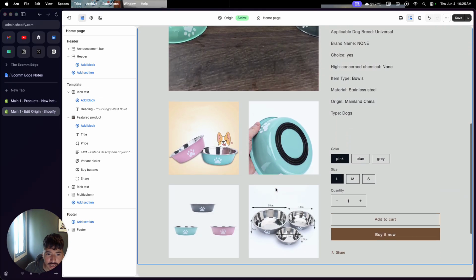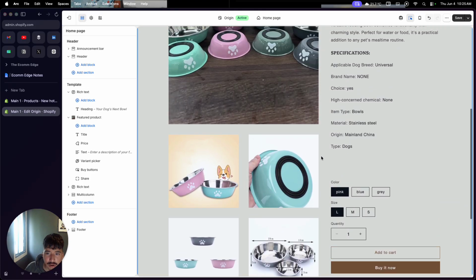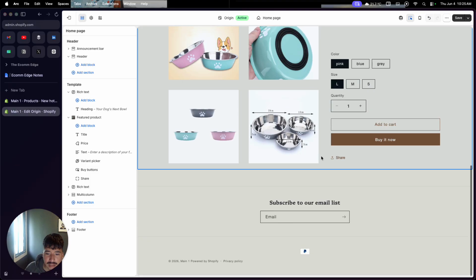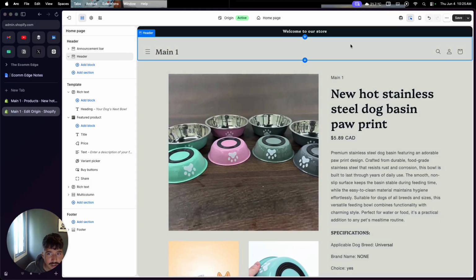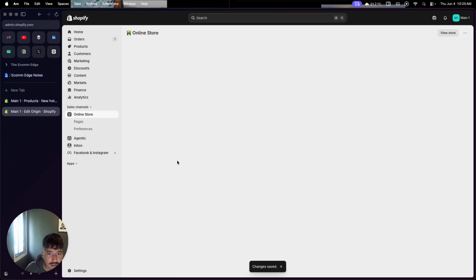So here's where you see all the images, right? And a lot more information about the product. And that's it. Very simple. You don't need to go too crazy when you're first starting out, right? Just make sure you click save, and we're good to go,